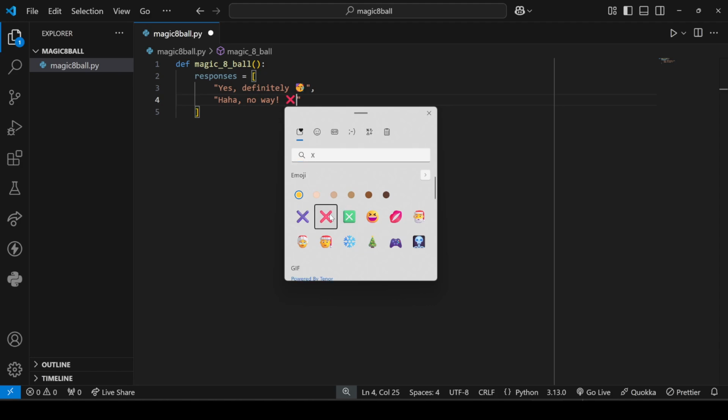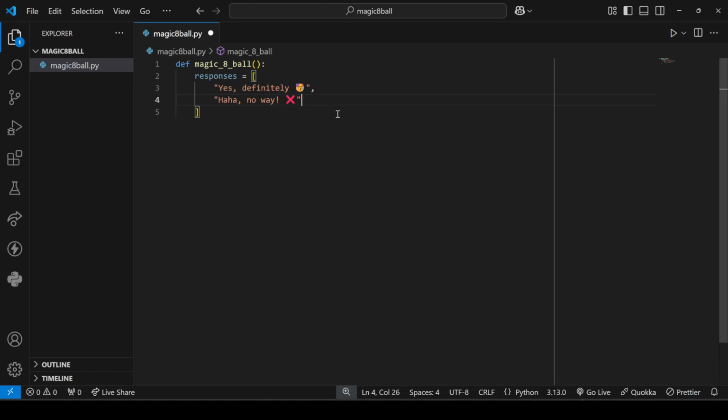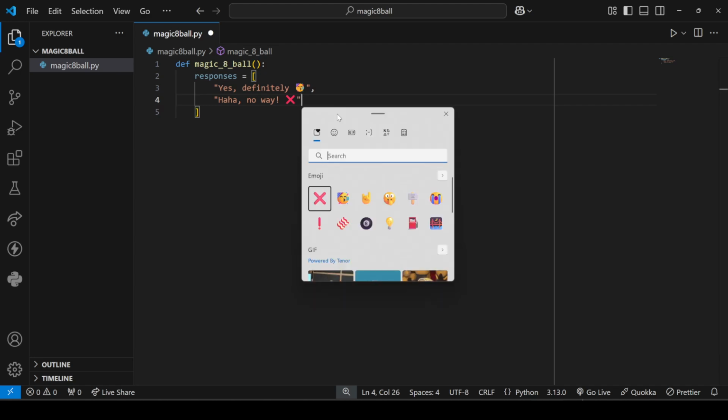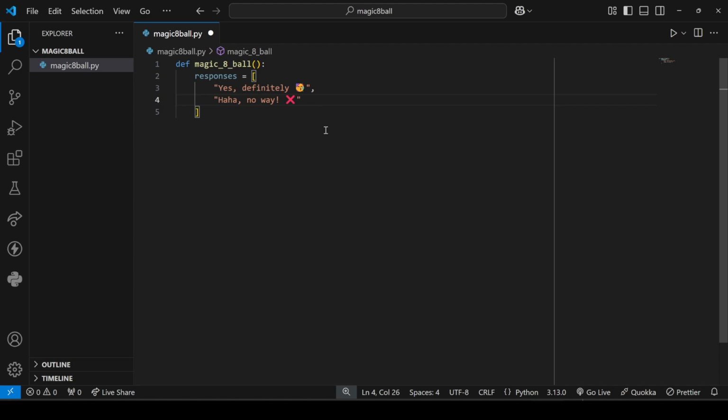Now I'm on Windows 11, and to do this, I'm holding down the Windows key and I'm hitting period. And that will give the little emoji picker thing. It's kind of cool. So we're going to just keep going, throw in some more. Now notice how in these lists, every one of these strings here is separated with a comma. So we're going to keep going,